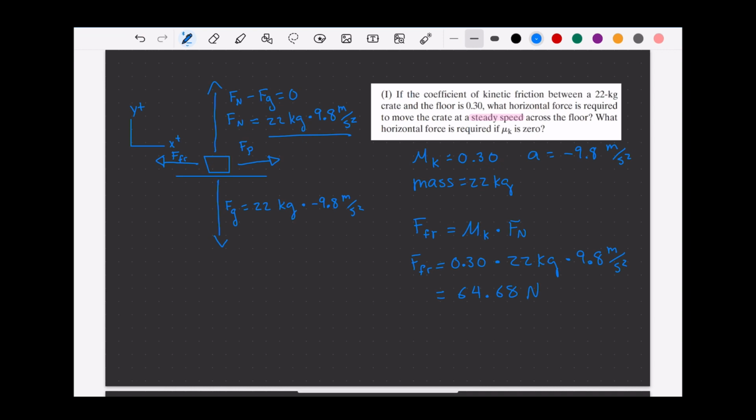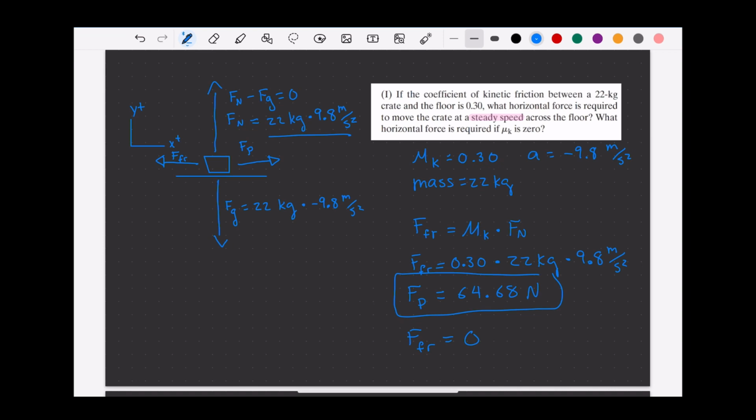Now, if that's my friction force, and we just discussed that my object must have no net forces, then that means that my applied force must also be 64.68 newtons. Now, I do want to take a step back. So that is the main answer for this question, but I do want to take a step back and rewrite my friction force formula,